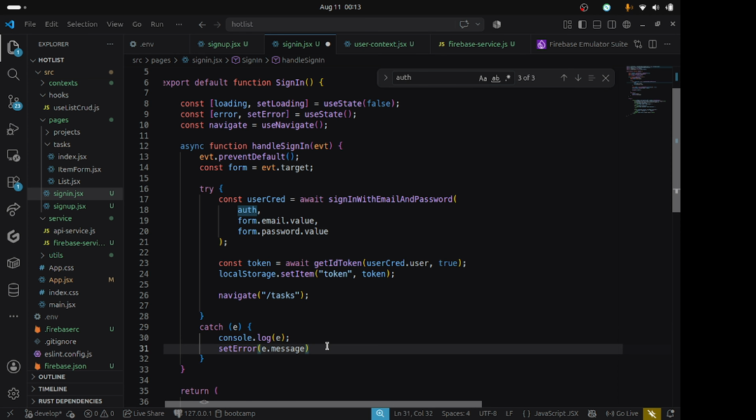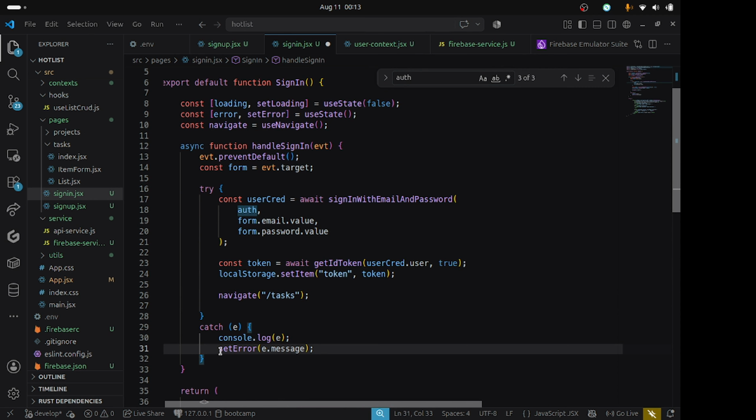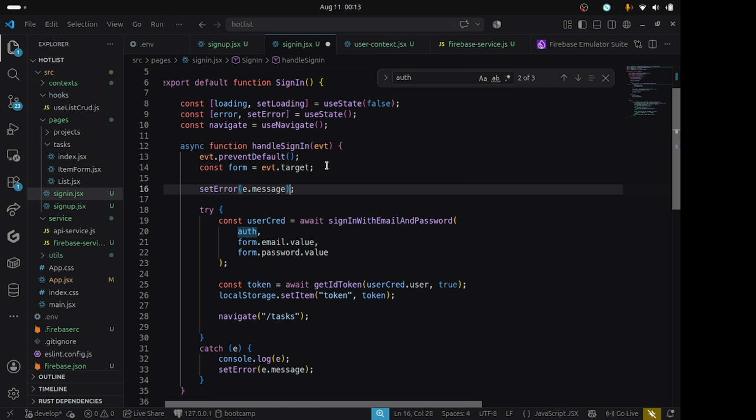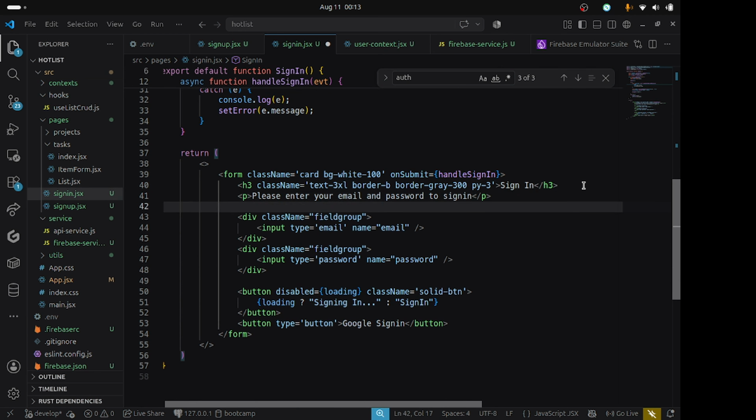It's not gonna be a friendly error. And before we do that, we can always be clearing the error first. We come here and check if any error. We can display